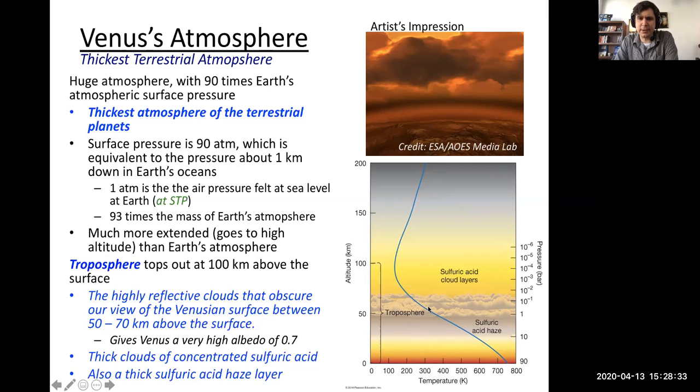And so you're talking about going through sulfuric acid at temperatures that are deadly. So this is why I was saying that a good representation of the biblical hell might be Venus. Sulfuric acid clouds, surface temperatures up at about 800 Kelvin or so, over 800 degrees Fahrenheit, hot enough to melt lead. So a not very pleasant atmosphere.